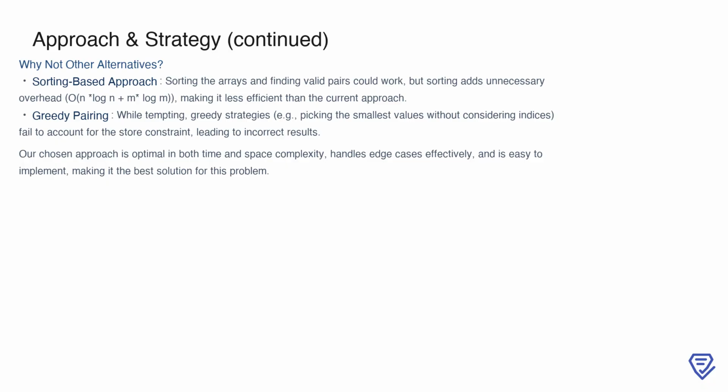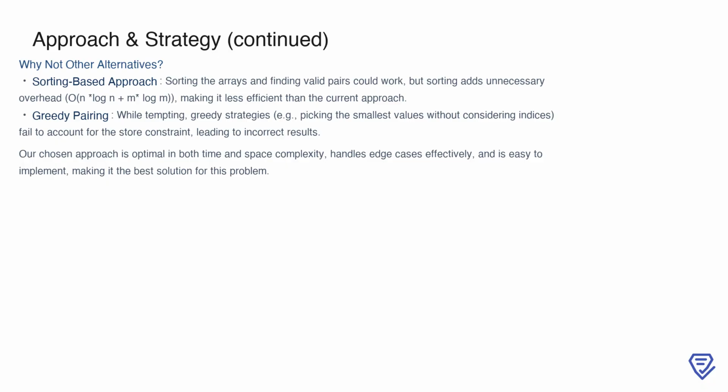When considering alternative approaches, we find that none are as efficient or suitable as the optimized strategy we've chosen. For example, a sorting-based approach, where we sort both arrays and then find valid pairs, could work. However, sorting introduces an overhead of O(n log n plus m log m), which makes it less efficient than our